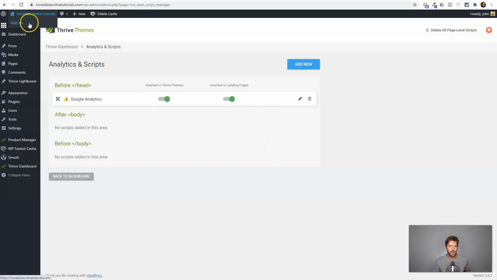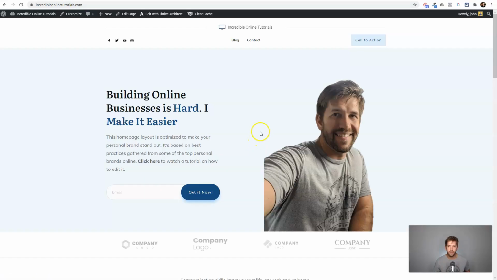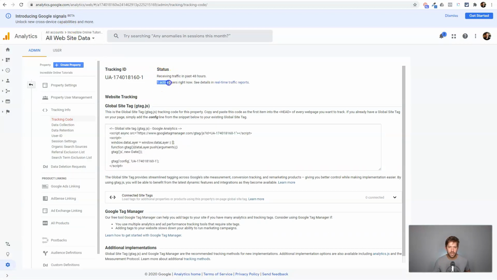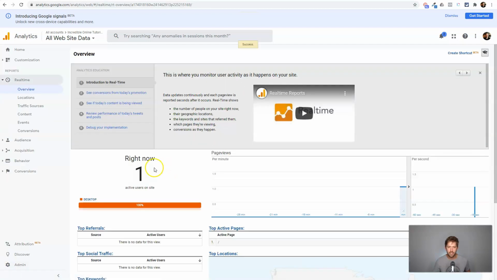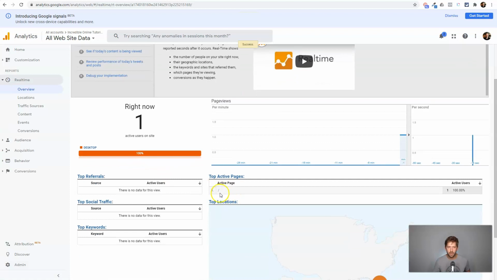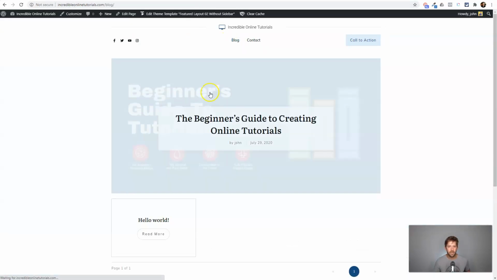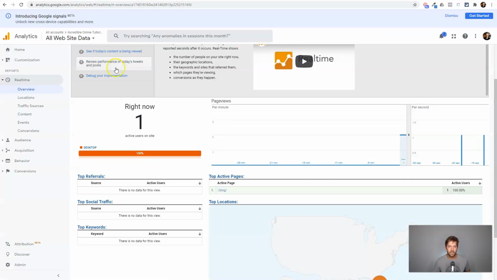Simply to double check, I want to go and visit my website now. And here we are. I'm going to come over to my analytics and I can see here that there's one active user right now. I'm going to go to my real-time traffic statistics, which will show me that there's one person on the home page, which should be me. But to verify, I'm going to come to the blog and go into that blog post. And I'll double check in the analytics area that I went to the blog area. And I should also see